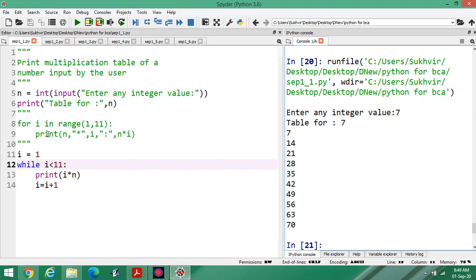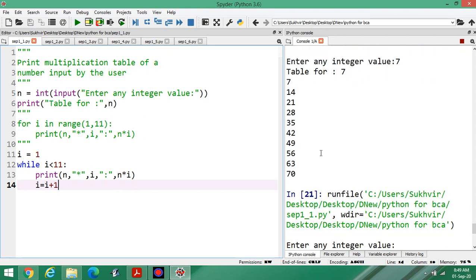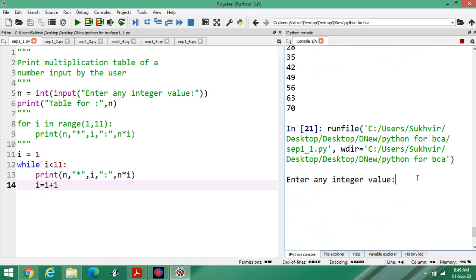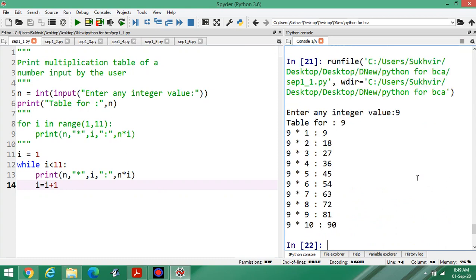Now you can print this whole line here. It means you can display the table accordingly as in the for loop. Suppose I am writing 9 here, you can display the table. Hope you understand the content of designing the table using both the loops.